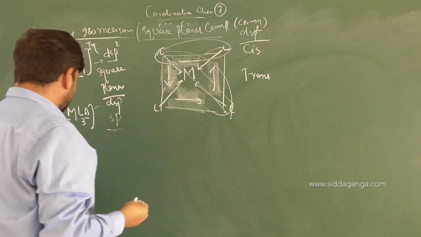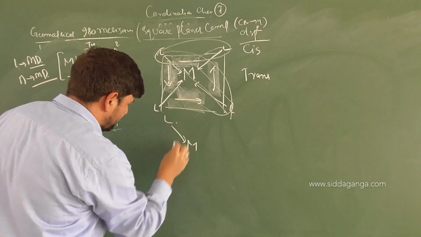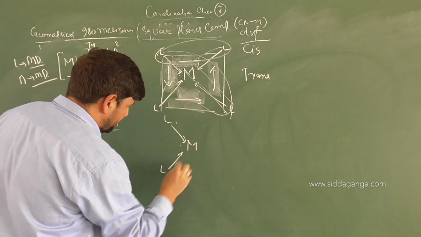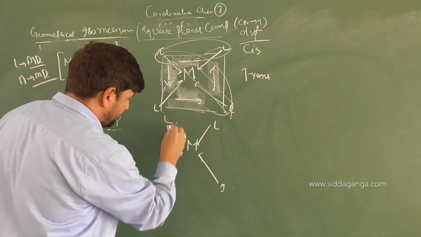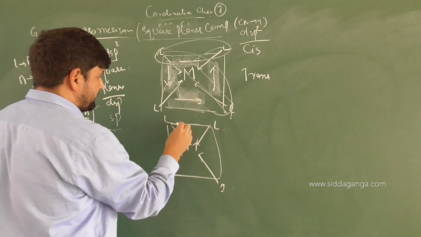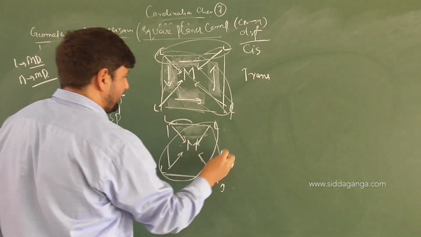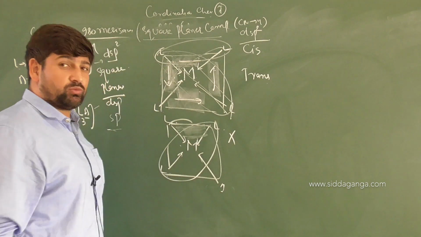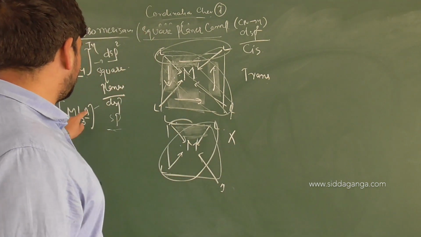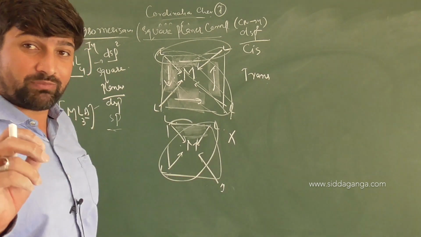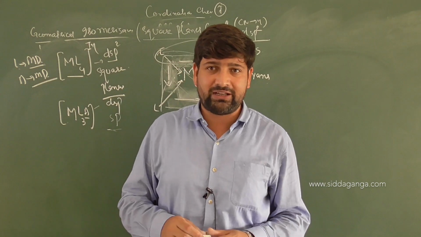So what will be the geometrical consideration again? So we'll have a metal atom, then you have ligand here, then you got ligand here, then you got ligand here, then you got A here. Now tell me, with respect to L, same side or opposite side? Same. With respect to L, opposite also, same also. So this also will not exhibit what type of isomerism? Geometrical isomerism. So in ML3A type of complexes, even if it is square planar, it will not exhibit any geometrical isomerism. Am I clear? Right.